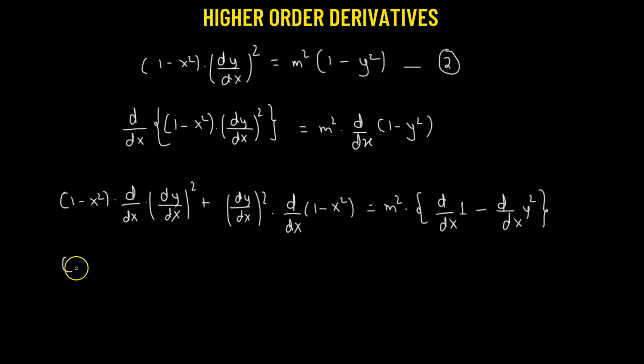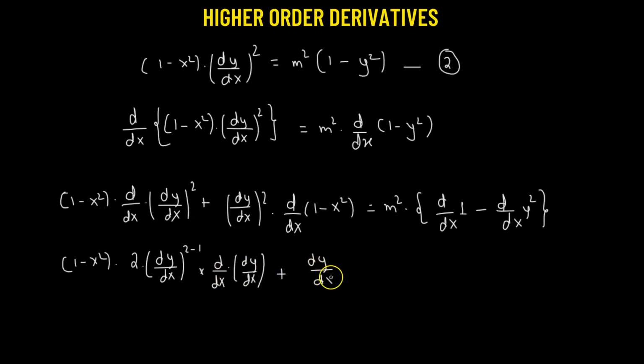So let's find out the value. So we have 1 minus x squared multiplied to, so here we have (dy over dx) whole squared. Here we'll have to apply the power rule. So that means we have 2 times dy over dx raised to the power of 2 minus 1 multiplied to the derivative with respect to x of dy over dx. So here what we have done, we have used the chain rule, plus (dy over dx) whole squared multiplied to the derivative with respect to x of 1 minus x squared. So that's simply 0 minus 2x, which is equal to m squared times 0 minus the derivative of y squared with respect to x, which will be 2y times dy